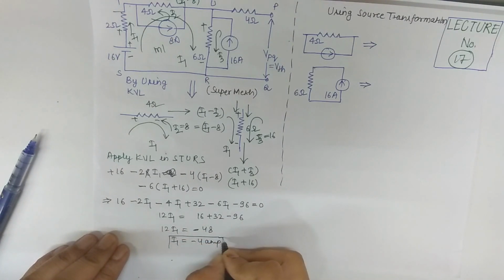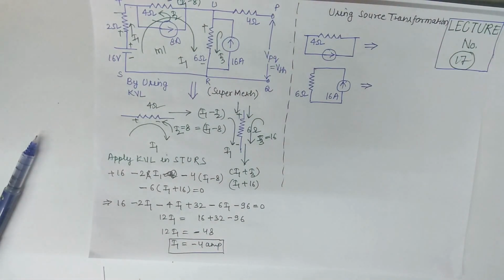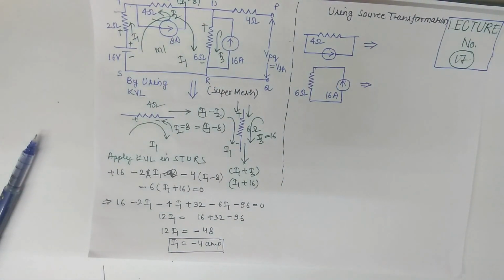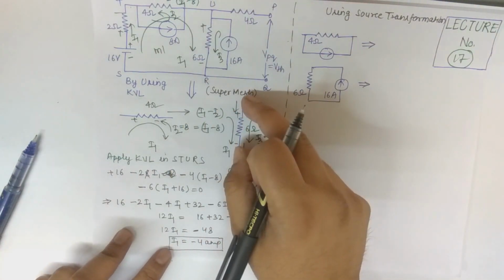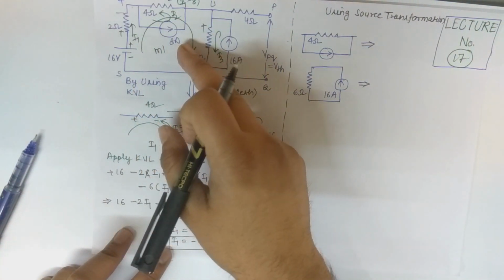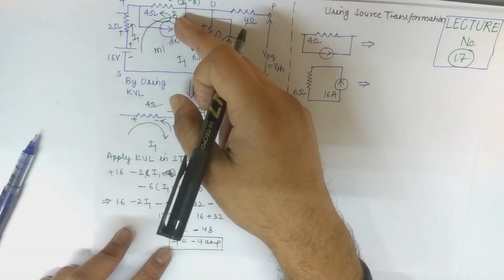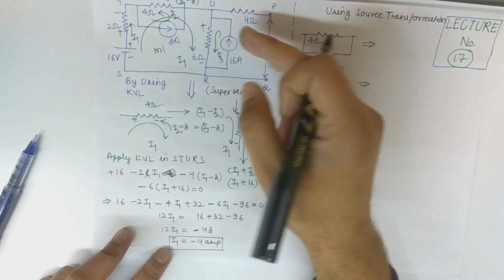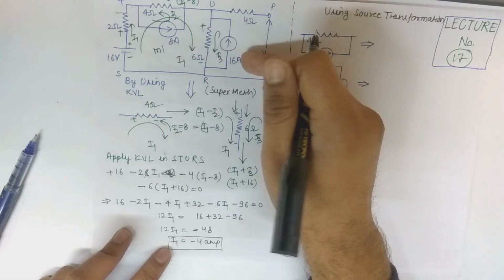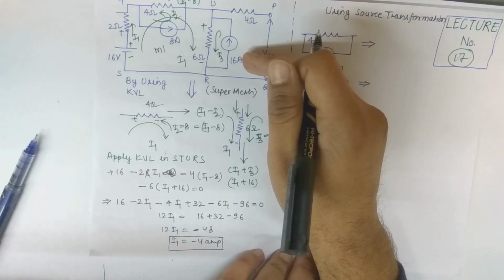So we have to find out here I1 that equal to -4. We solve this question by using super mesh, because we know that the value of current of I2, that is 8 ohm at 8 ampere, and I3 is 16 ampere. Now we